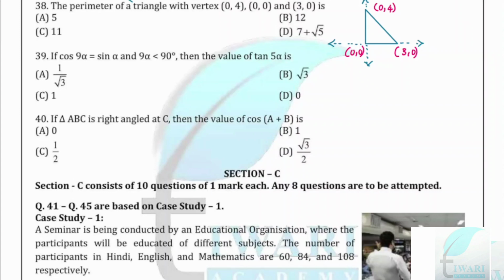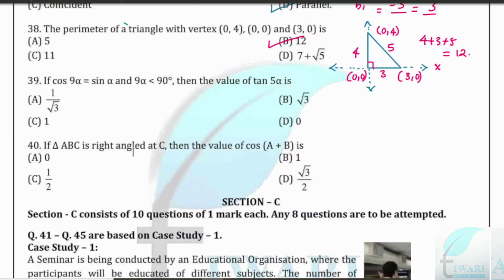See, here y is equal to 0 and only the x value is there on the x-axis. So this is 3 units, this is 4 units, and it is making a right angle triangle because it is making 90 degrees with this, as it lies on the axis. So this will be a right angle triangle and the hypotenuse will be the square root of the sum of squares of the other two sides, and the hypotenuse value will be 5. So perimeter will be 4 plus 3 plus 5, that is equal to 12. So answer B is right.